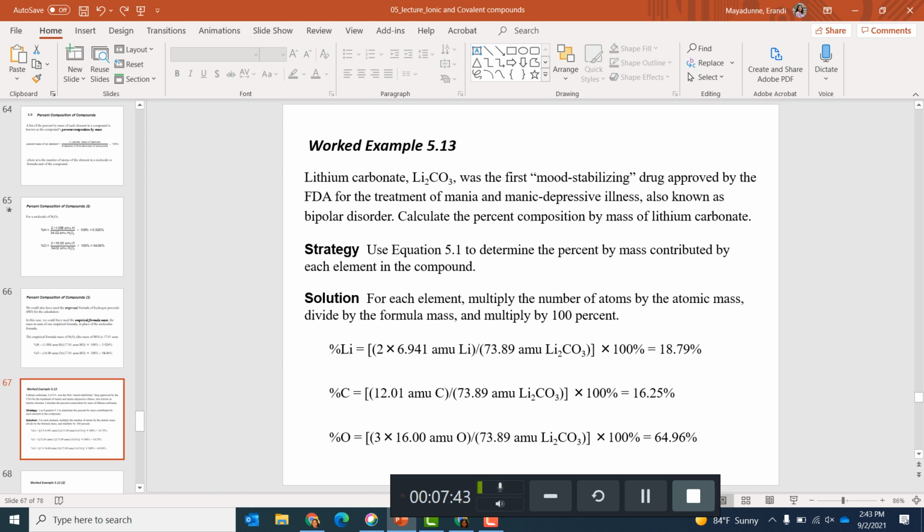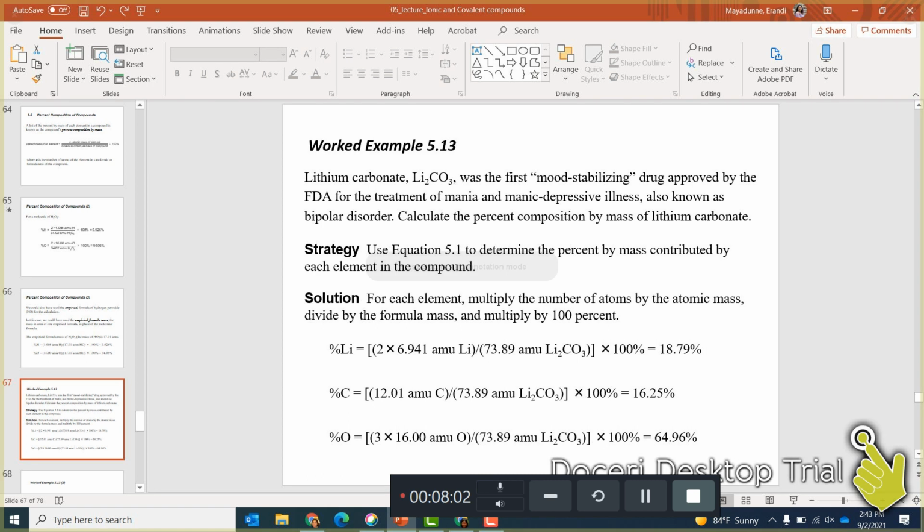What is the percentage of carbon in the compound? What is the percentage of oxygen in the compound? Very first, the mass percent of an element in a compound formula is